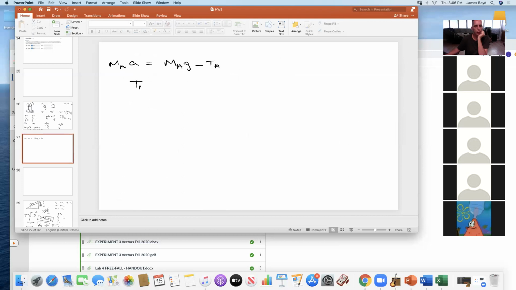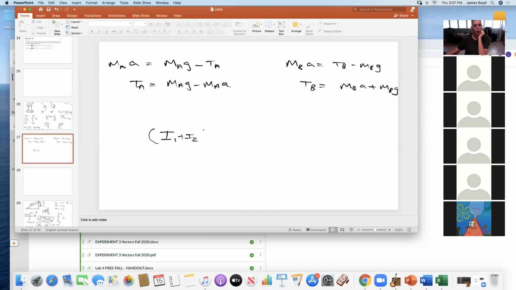Solve that for TA. MBA is equal to TB minus MBG, because the acceleration is going the opposite way. So TB is MBA plus MBG, and